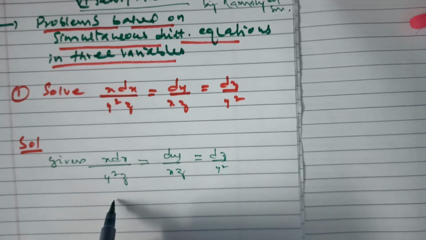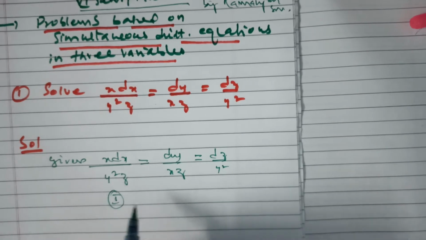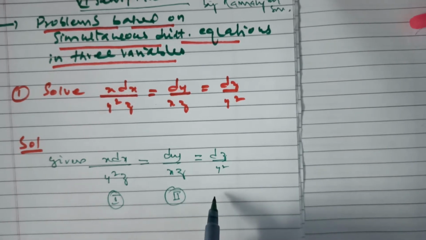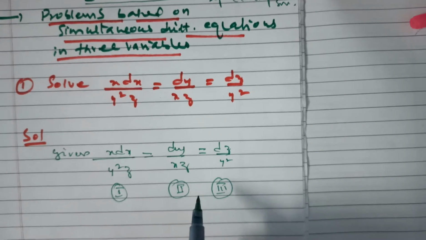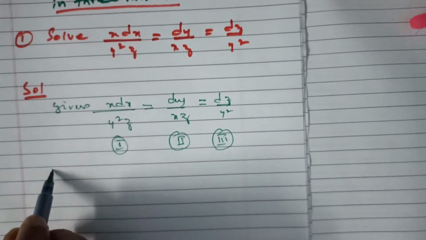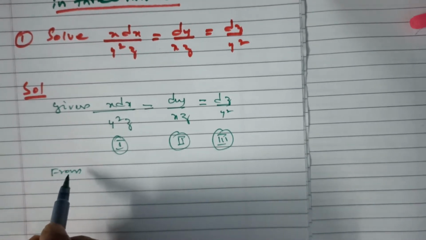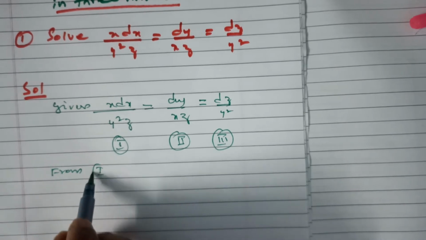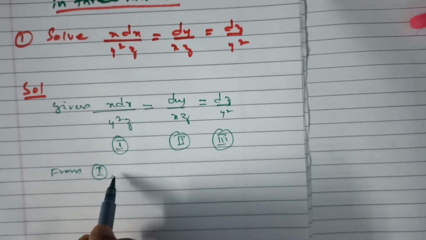So now this first ratio is Roman 1, second ratio is Roman 2, third ratio is Roman 3. From Roman 1, Roman 2,